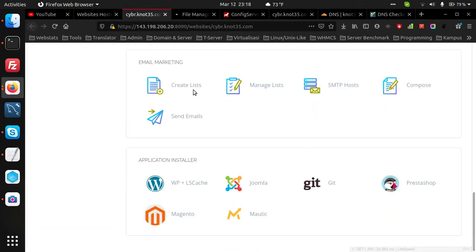Or we can use the application installer. cPanel offers the application installer for free.